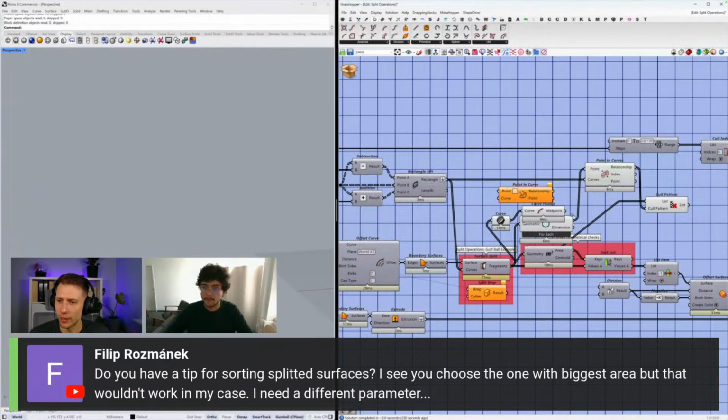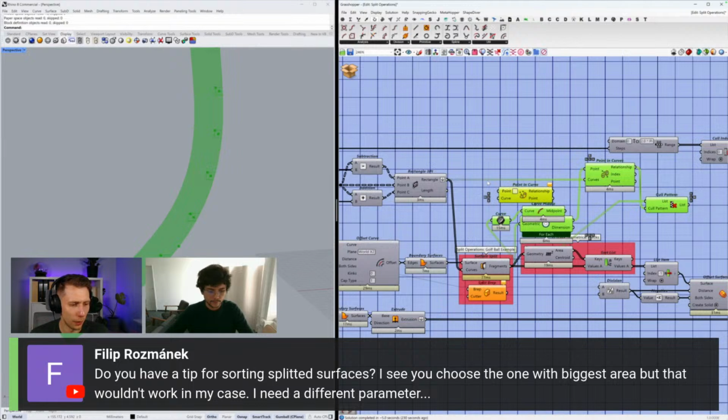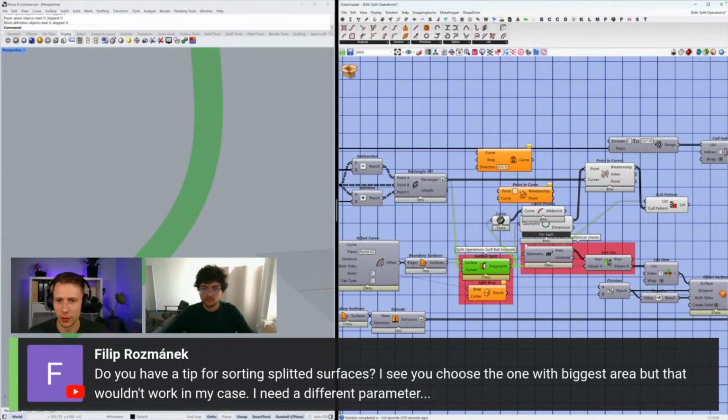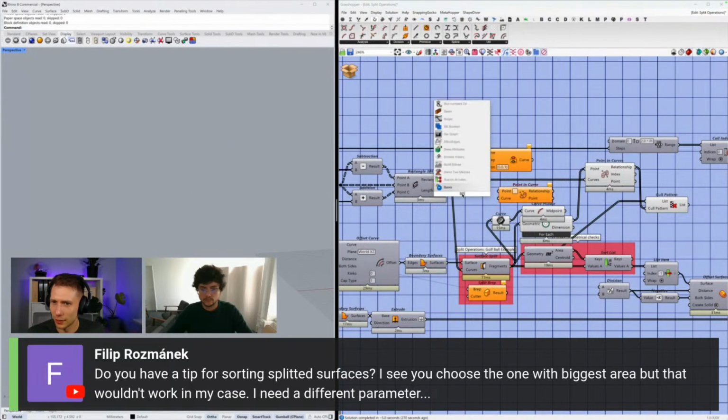I can recommend a curve closest point, or maybe project a point on a surface, and there is one parameter there as a distance. So actually, you can project all your points, the centers, to. I think it's called. Yeah, it's not this one. Let me see. I think it's a closest point. Let me see. It's, I think, B-wrap closest point. Yeah, B-wrap closest point. If you can take this one.